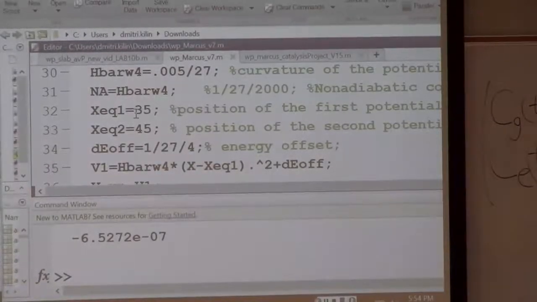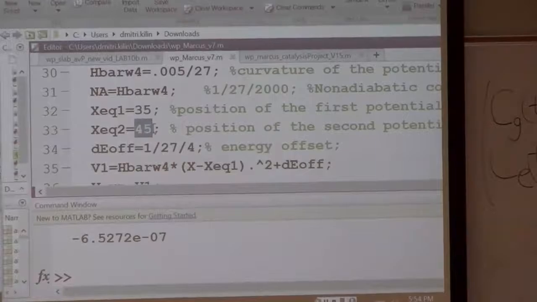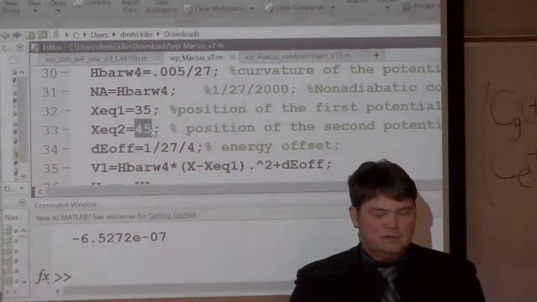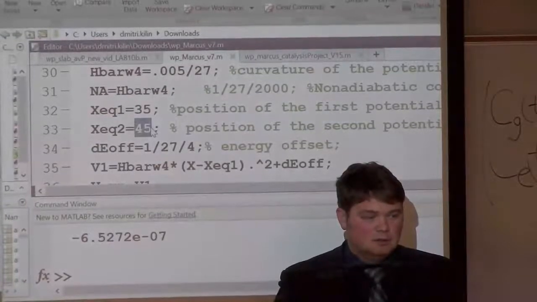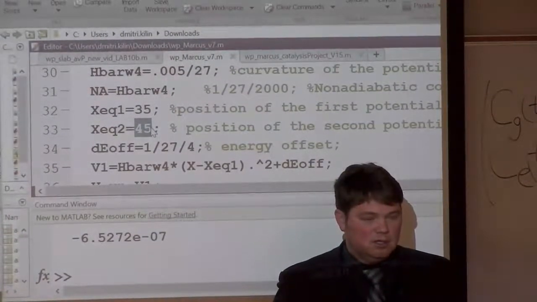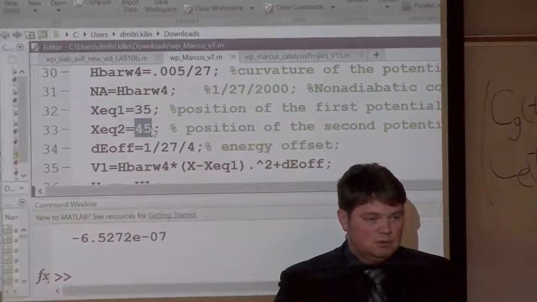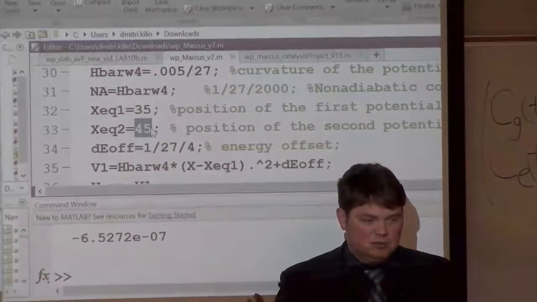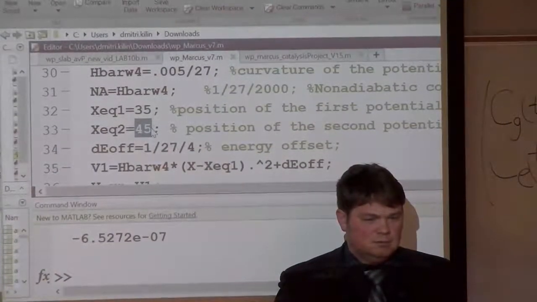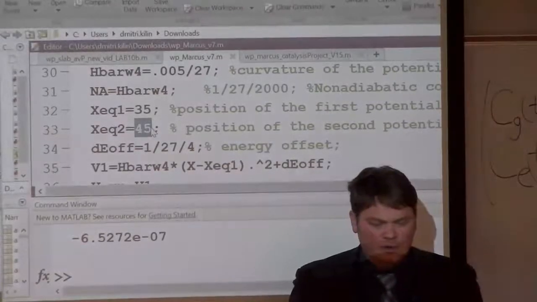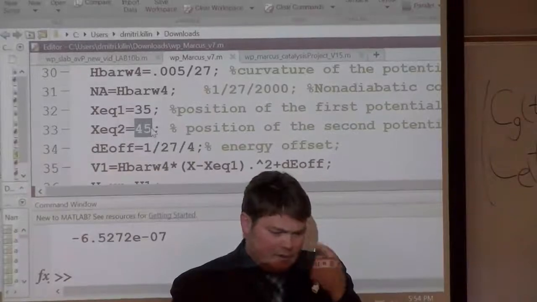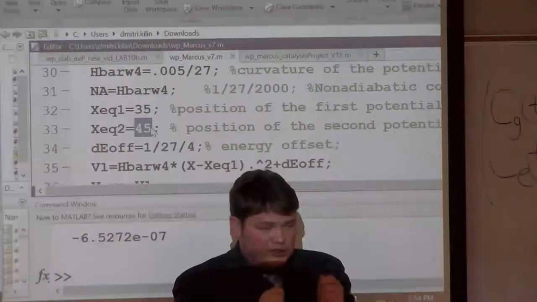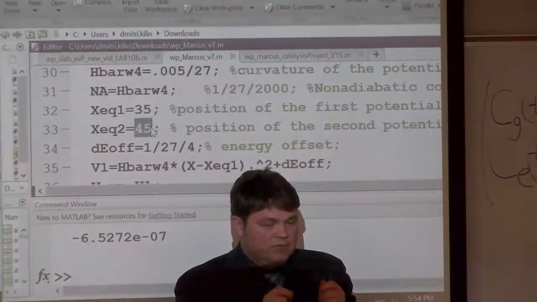So here the positions are 35 and 45 in atomic units. So they are offset by 10 atomic units, which will be how much in angstrom? Twice less, like 5 angstrom. Too many. Typically, when we are talking about nuclear reorganization, change of equilibrium position, we should speak about fractions of